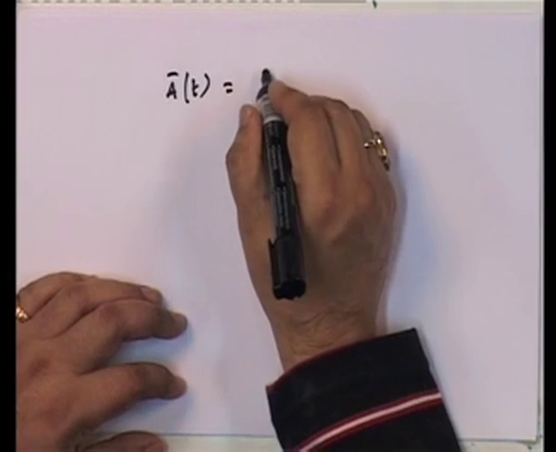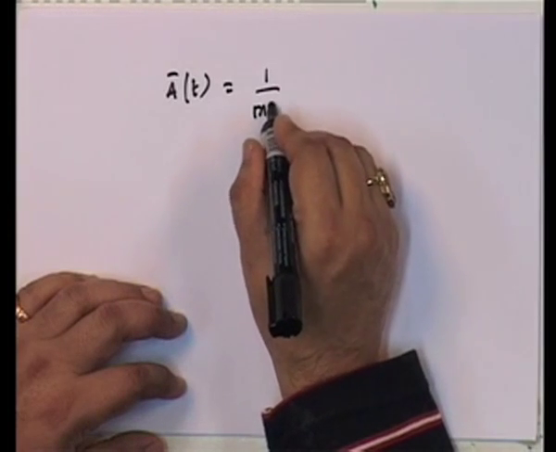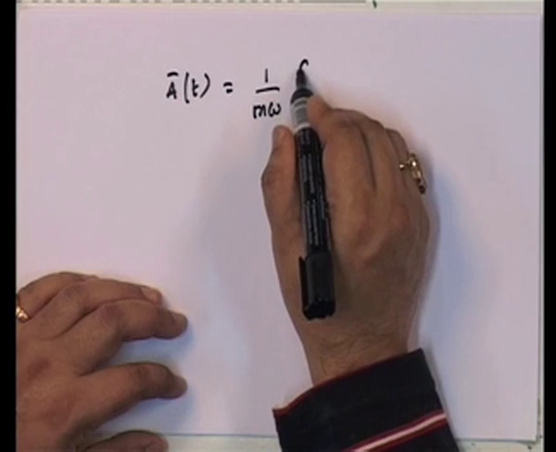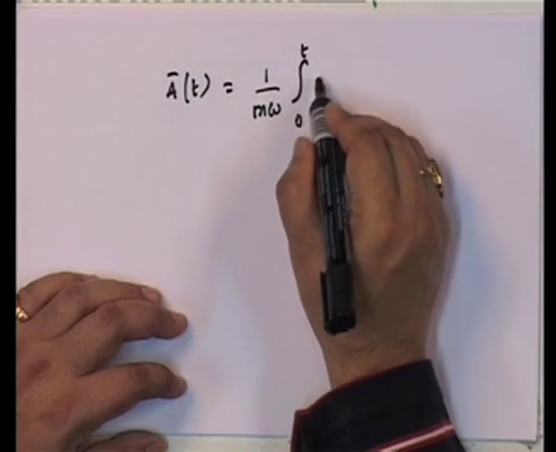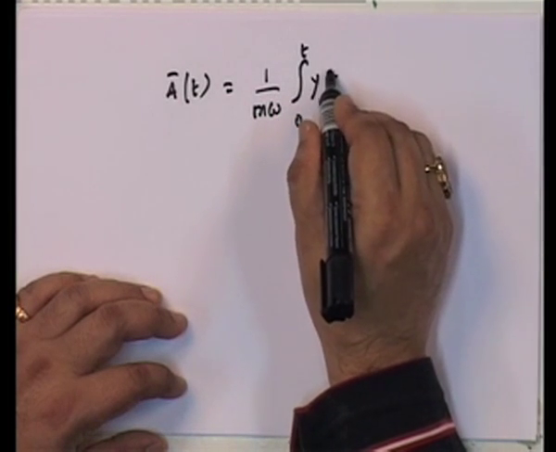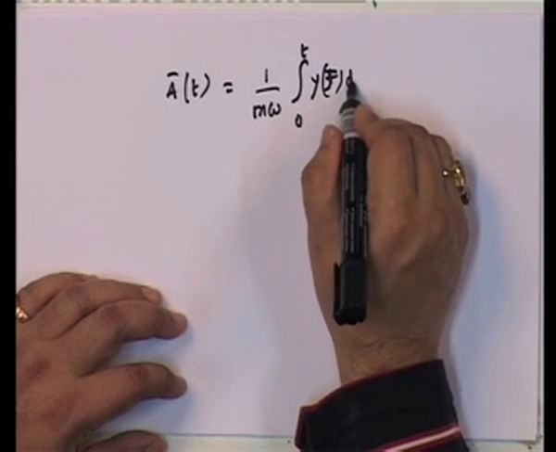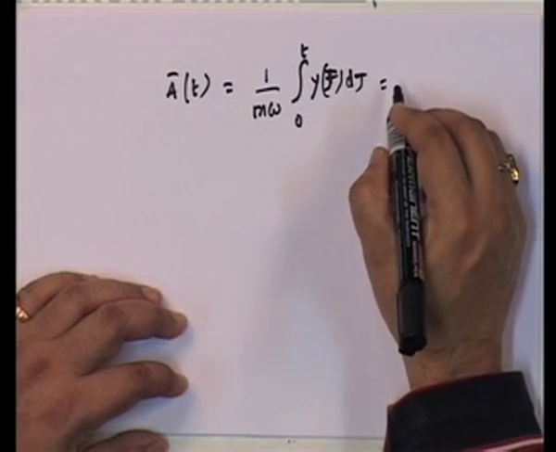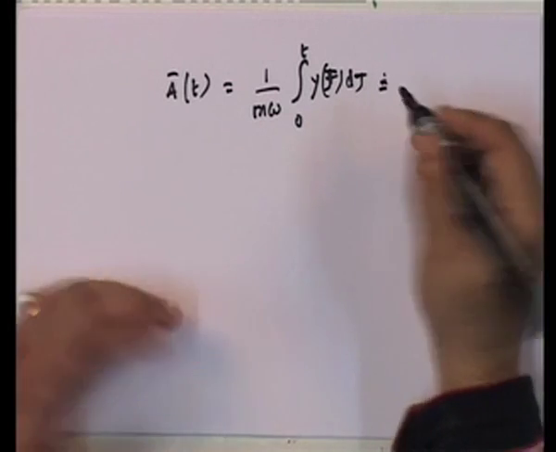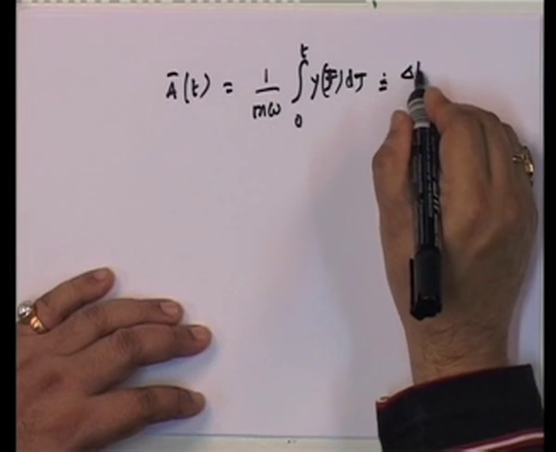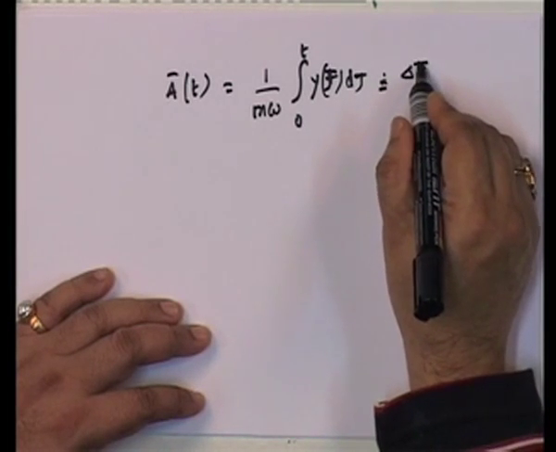So, this is going to be equal to 1 upon m omega, integral 0 to t of y of tau d tau, which is approximately equal to delta tau